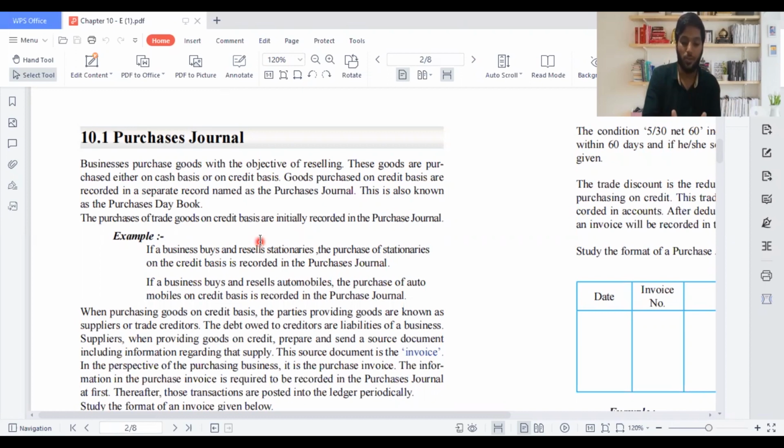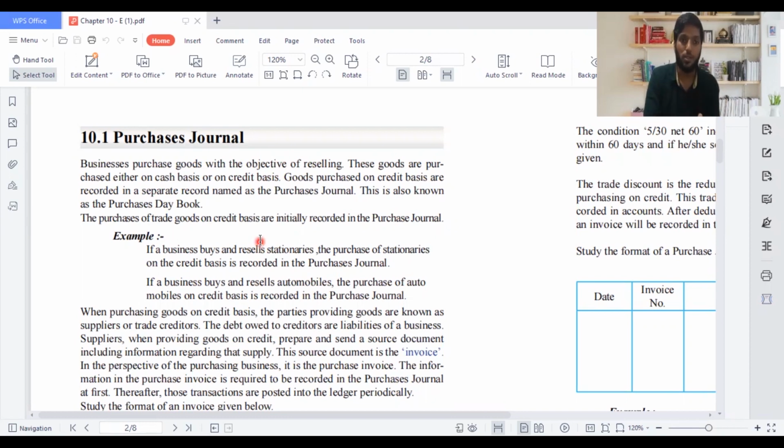A purchase journal is where, when you purchase goods from a credit supplier, when the supplier is giving the goods to you, we record it under the purchase journal. Whenever you purchase goods from a credit supplier, we should record it under the purchase journal. Why? Because we buy goods on credit. Now, purchases on cash don't come under the purchase journal. So students should not get mistaken: purchases on cash should not be taken under the purchase journal. Only purchases on credit from the credit supplier should be taken under the purchase journal.